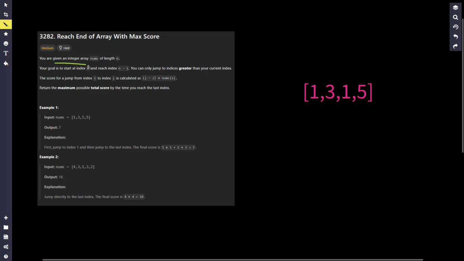We're given an integer array nums, and our goal is to start at index 0 and reach the last index. During the movement, we can make jumps, and we receive a score. For example, if I jump from index 0 to index 1, the score I receive is 1 times 1. If I jump from index 0 to the last index, the score is 1 times 3. And it's equal to the current number at index i